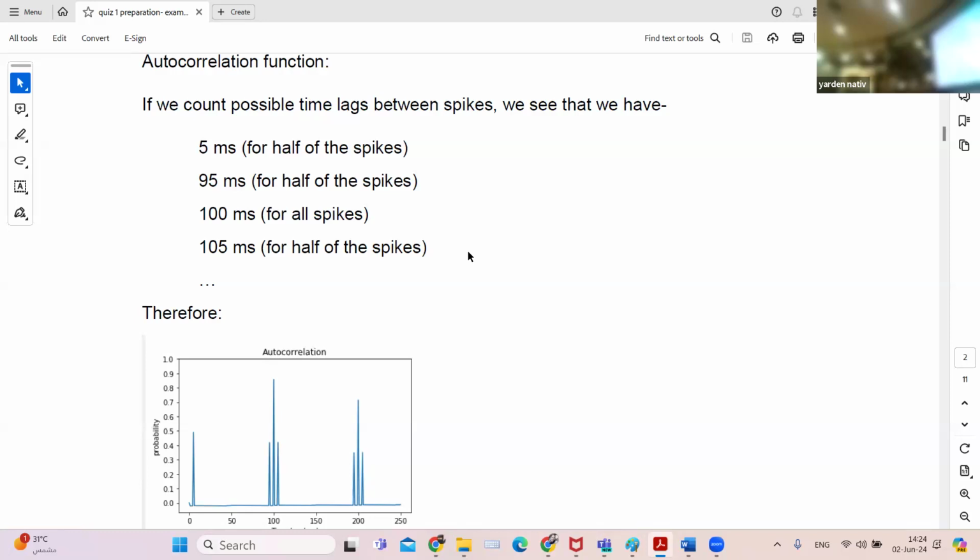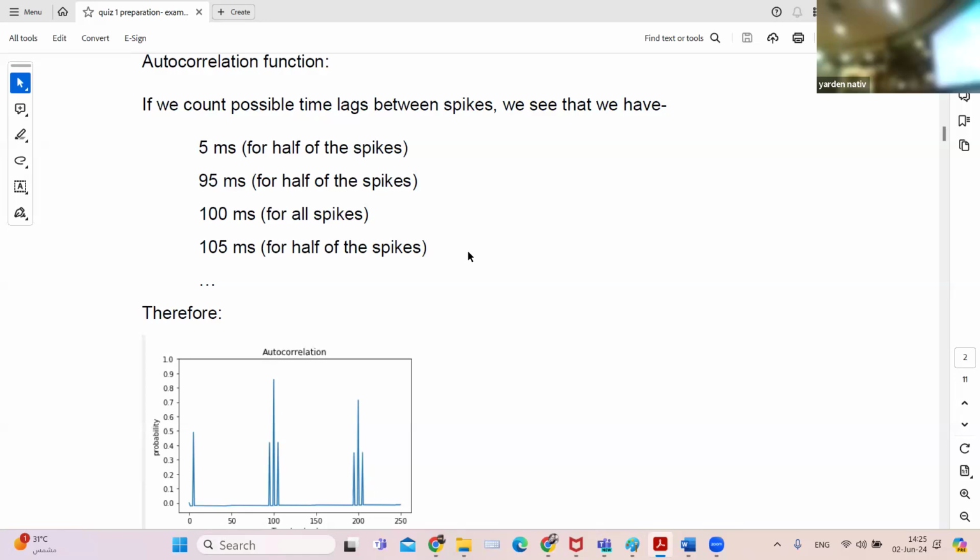So now let's look at the next possible latency between two spikes. What is the next one? Great. Why? Great. And in how many cases is it like this? Half. Because what will happen if the meeting got this spike? You won't see one at 110, right? He was waiting for 100 milliseconds and there was no spike over here. So this happens only if I am in the beginning of a pair, right? So this is again half.